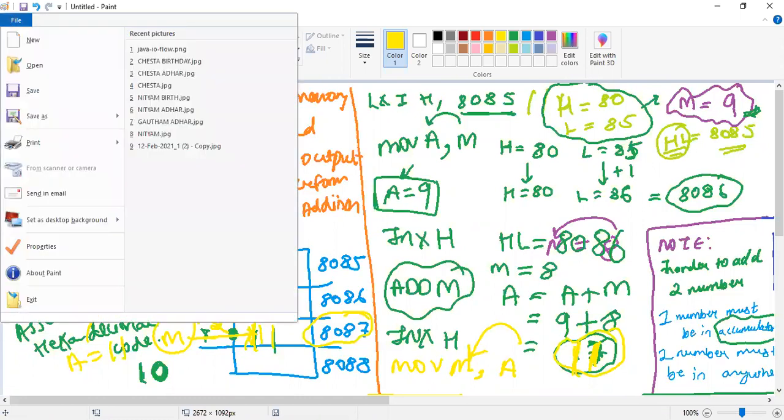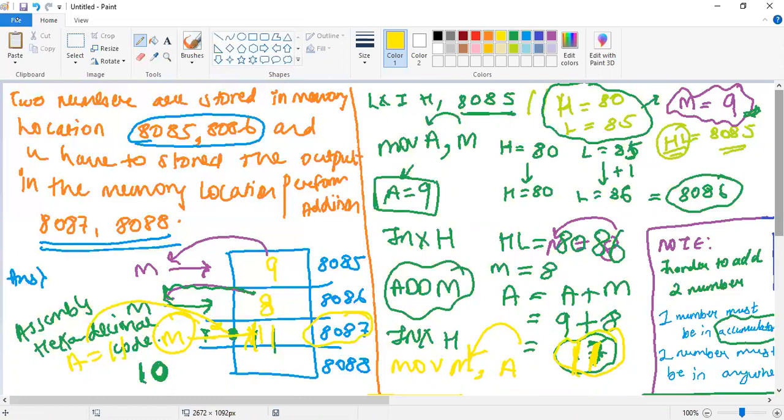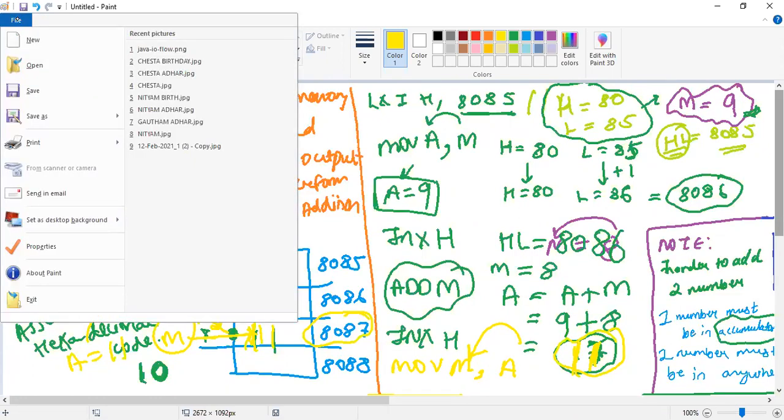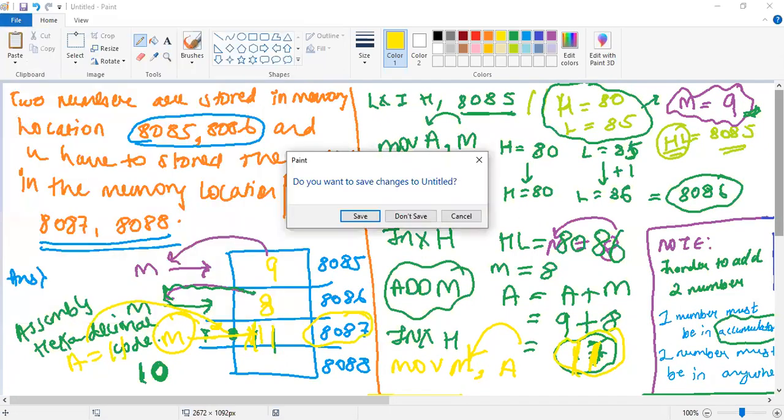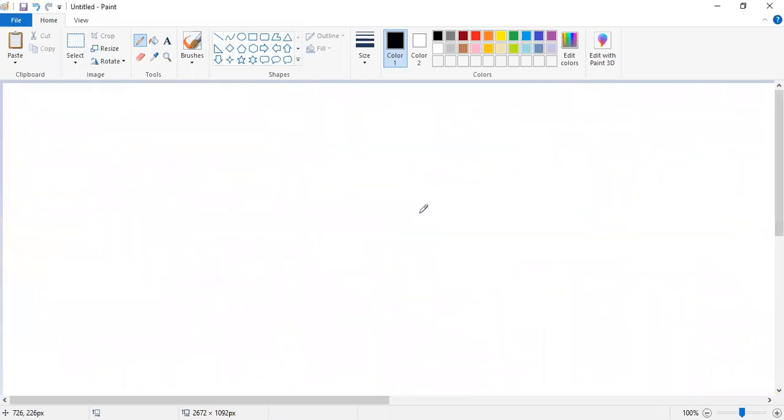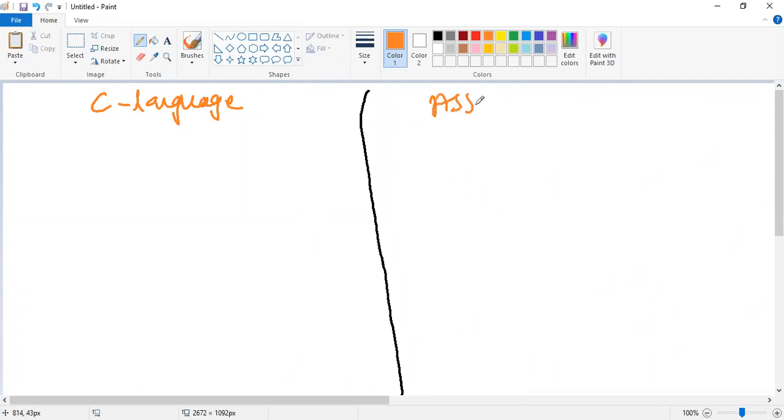Okay, fine. See, I will let you know the simple way to write this code. If we are not able to write any code, then first of all, write that same code in C language. Both assembly language and C language are languages, so both will follow the same logic. The only thing that varies is the way you write, the syntax. So first we will write in C language, and then we'll write in assembly language.